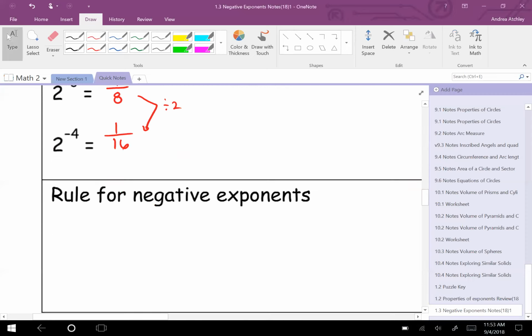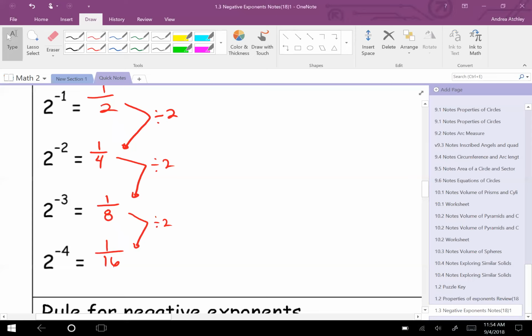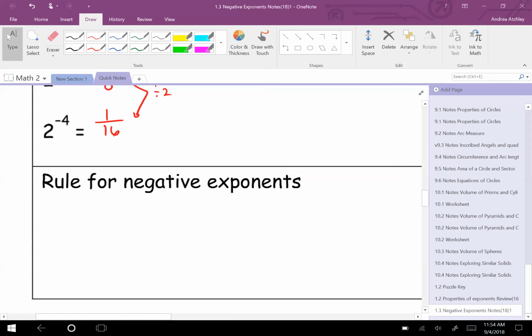Okay, so we need to come up with the rule for negative exponents. So say I want to have 2 to the -15th. How would I know what that is, so I don't have to list it all out and keep dividing by 2? So our rule is a negative exponent